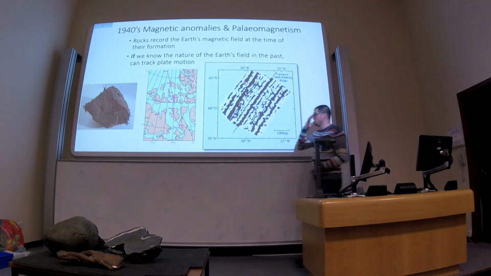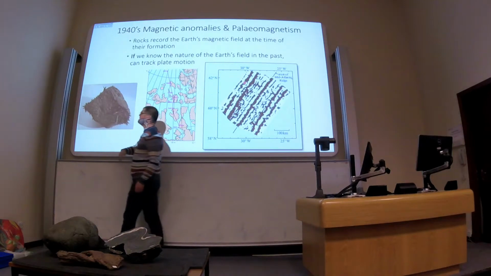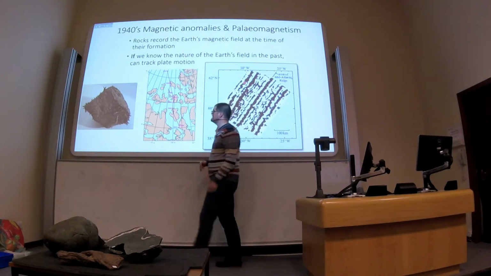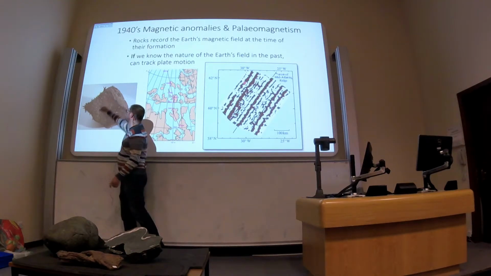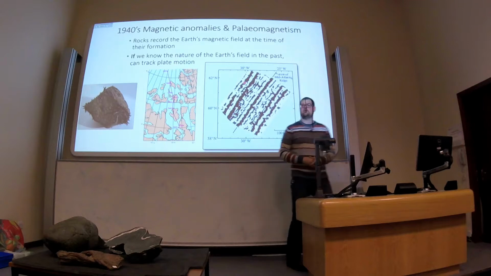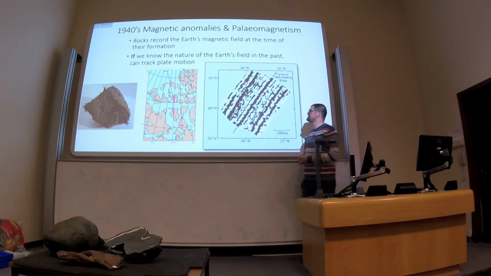So we can find some rocks that have magnetic minerals in them. This is a lump of magnetite, which is an iron oxide, which is magnetic. And you can see that that's attracted some iron filings to it. So there are some minerals which are magnetic. And it turns out that those minerals are actually quite common, but in very small amounts in many, many